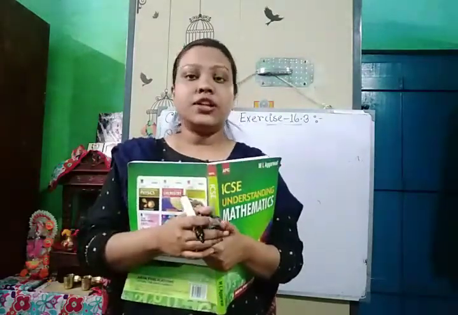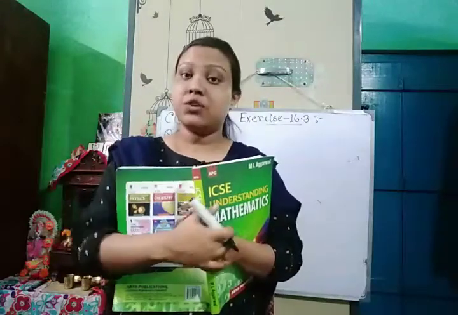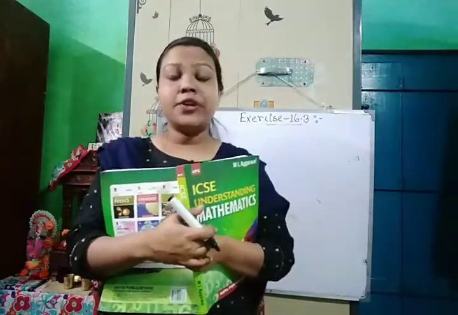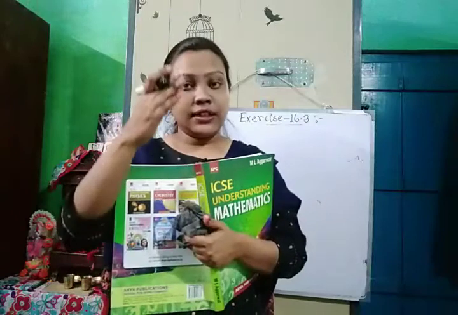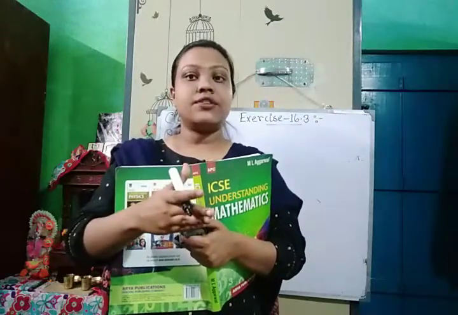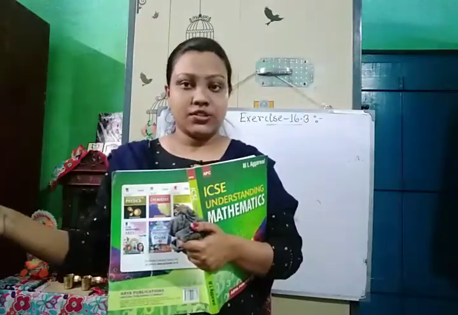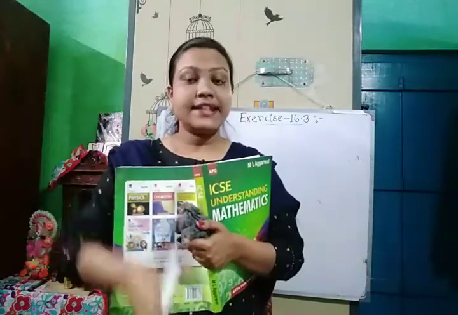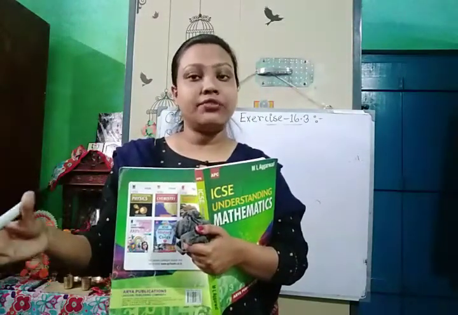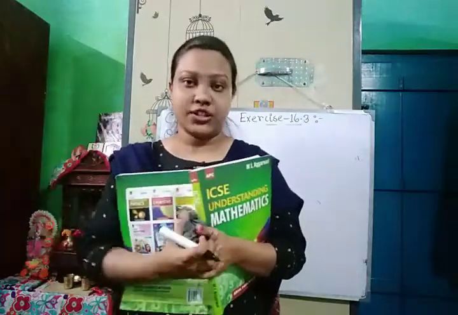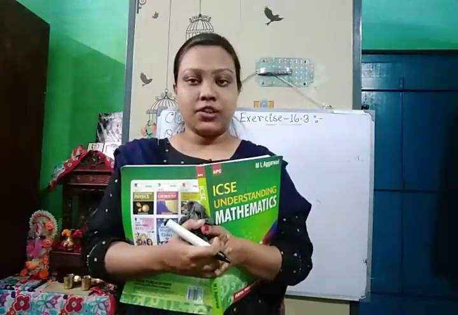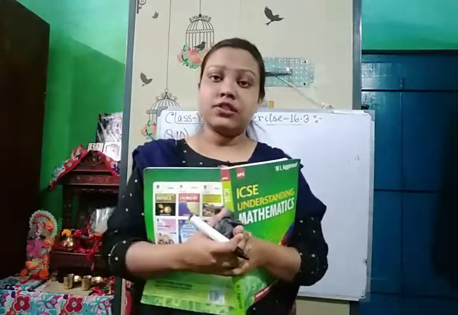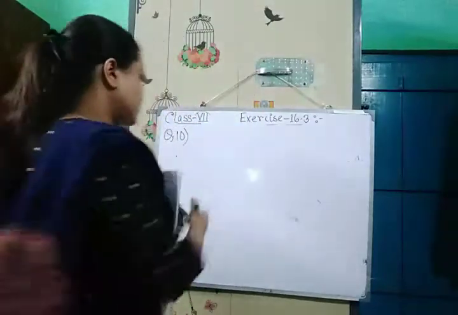So we first need to convert both of them into the same unit. Okay, so what will we do? The distance of the circumference is covered by the wheel in one rotation. So the distance 88 km will be covered by the wheel in how many rotations? That we will find out. So first we will find out the circumference of the circle.